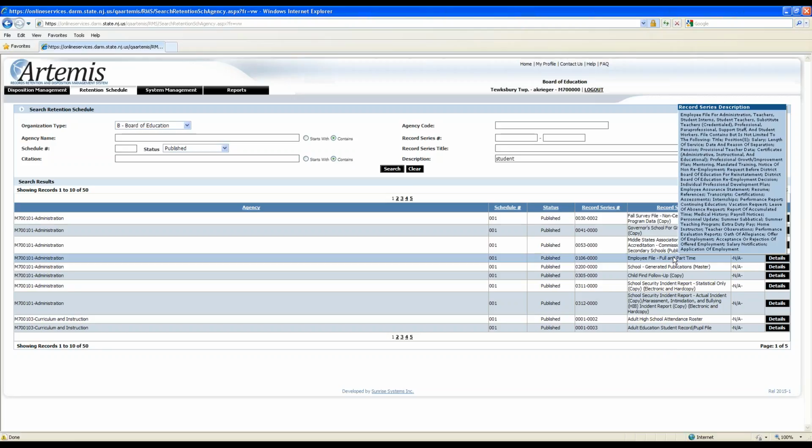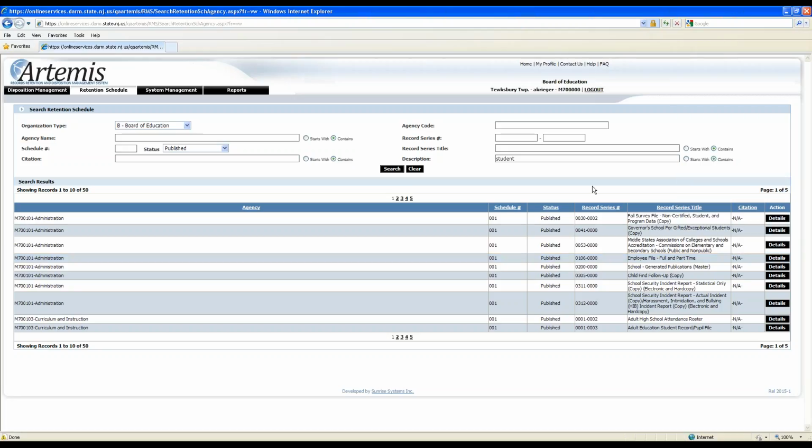Ultimately, you still might not find what you're looking for. My recommendation is to try different keywords. Even shorten the keywords sometimes. Think a little bit outside the box, about other ways that people might call that record, not necessarily the way you call it, because people call records different things from organization to organization. However you call that record, I would try different ways. But again, that's another way you can search your information within the system.